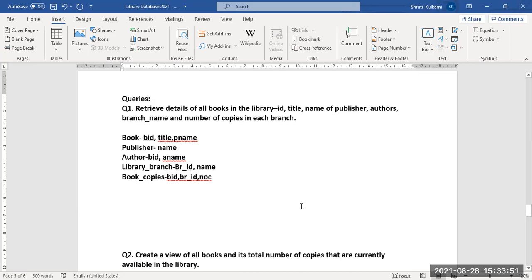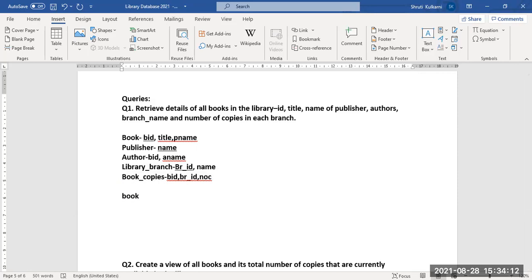After this, I will discuss how to write the query. So what we have to check here: from the book table, the author table, and the book copies table, what are the common attributes? From the book table, we have book ID. From the author table, of course, BID is there. And from the book copies table, we have the book ID there. So matching has to be done between book and author as well as book and book copies here. For what purpose are we matching? To fetch the book information, the book ID here.